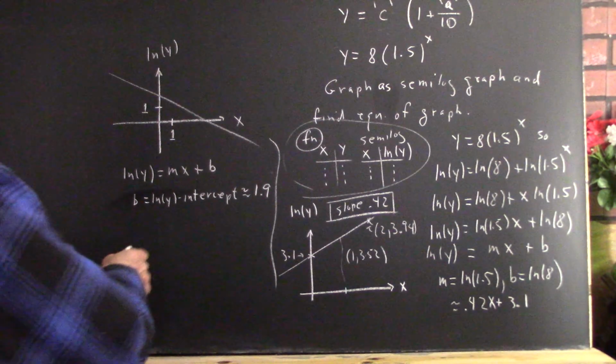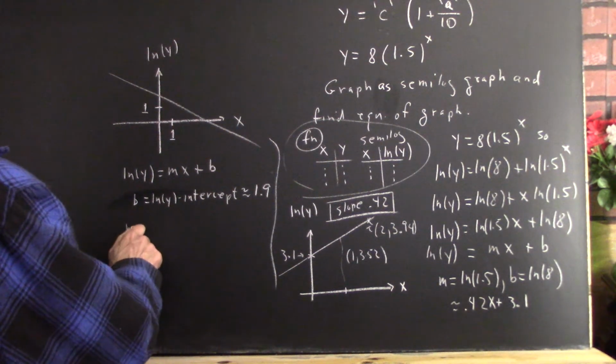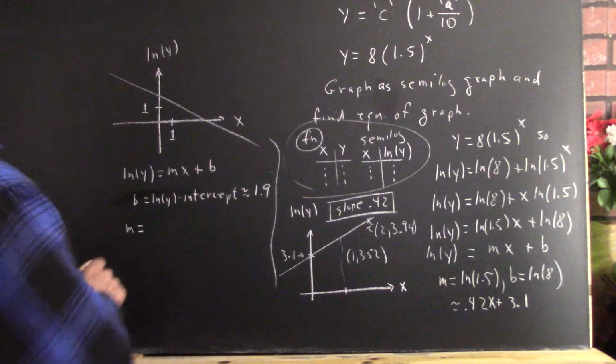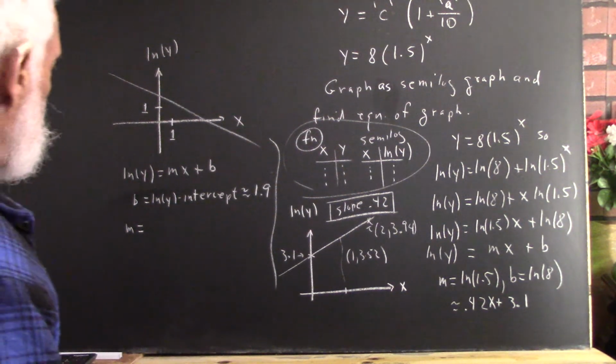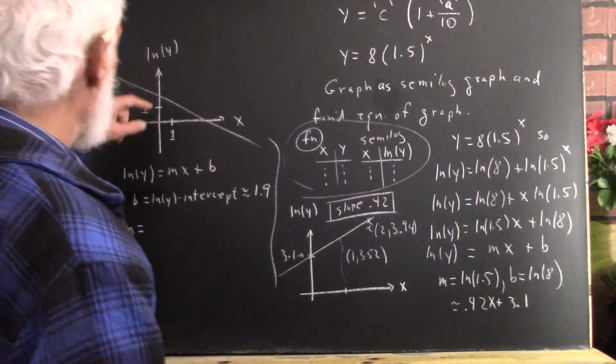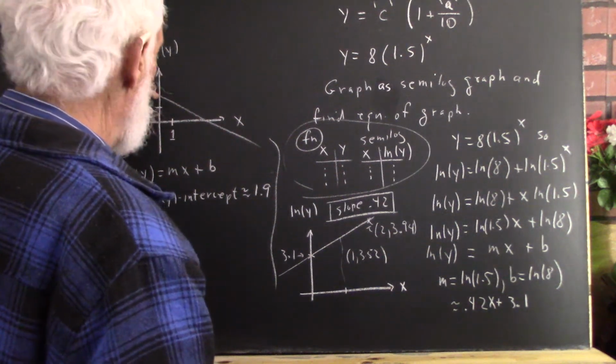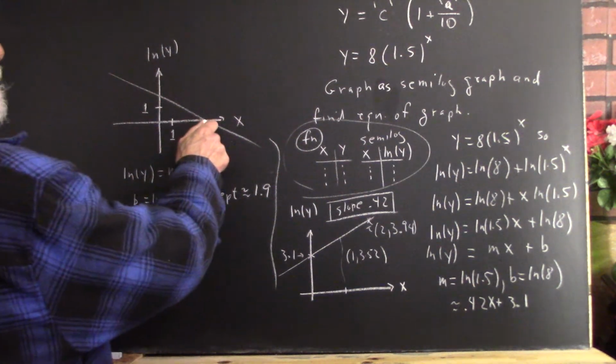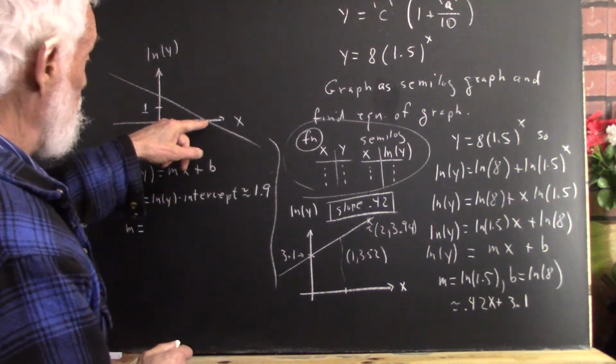So m equals what? Well, I would say that if this is 1.9 here, let's just estimate the x-coordinate of the